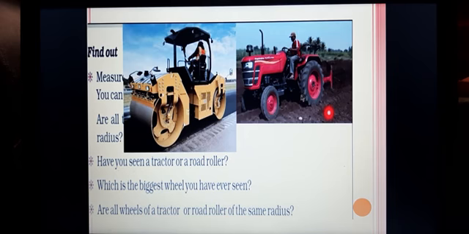How the weight is managed, the same way they have prepared that. So in this way the road roller and the tractor will be having their wheels there. These are the examples they have discussed here. So you have to check the length of that. You cannot draw a line segment from the center point here. So what you can do is take a tape or a thread and measure the